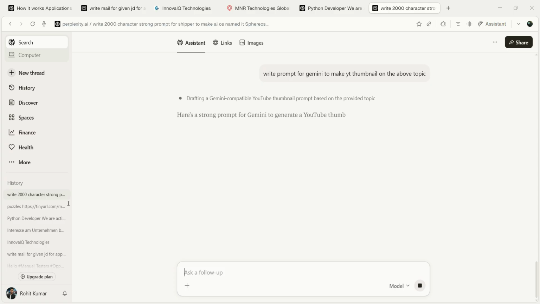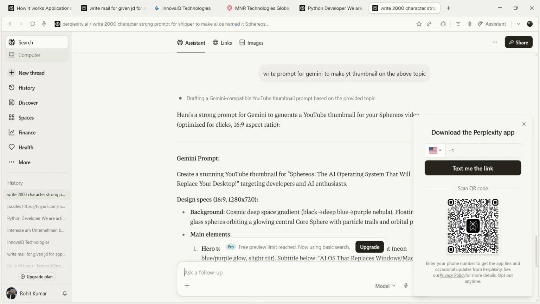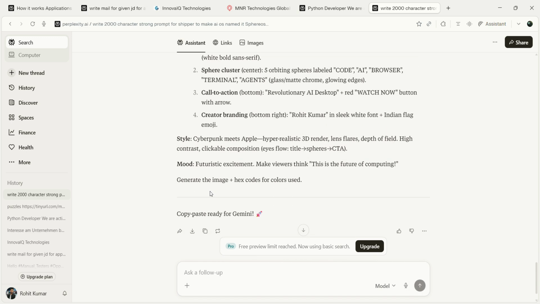Affiliate program. Oh, Zipper. Okay. So it has given me the prompt for Gemini, and I'm going to Google Gemini. Oh, I need Google Gemini, not this. I want this Gemini.